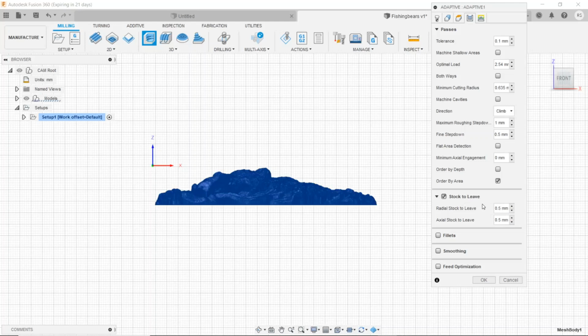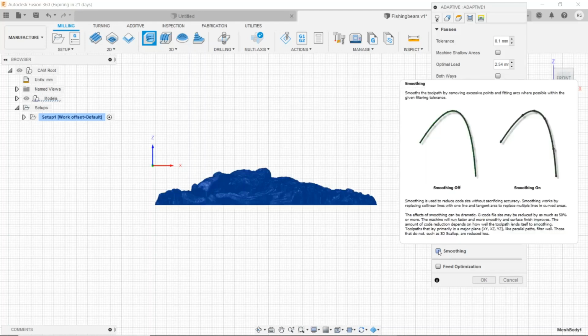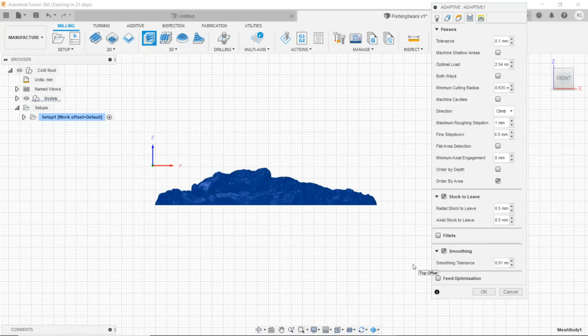So we'll leave that just like it is. Don't worry about the fillets, because we're not doing fillets on this. Smoothing, we can check the smoothing because it'll kind of smooth out your cut a little bit, and it'll make it run not so rough when it's doing it. So I like to check that. And I also like to check my feed optimization, because what that does, that will reduce any kind of